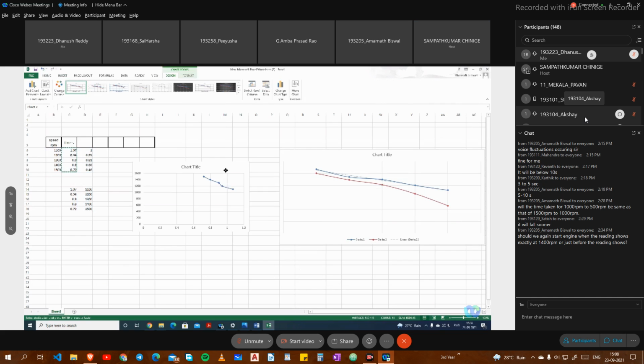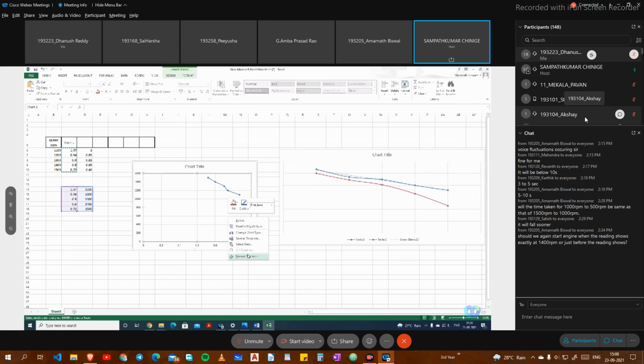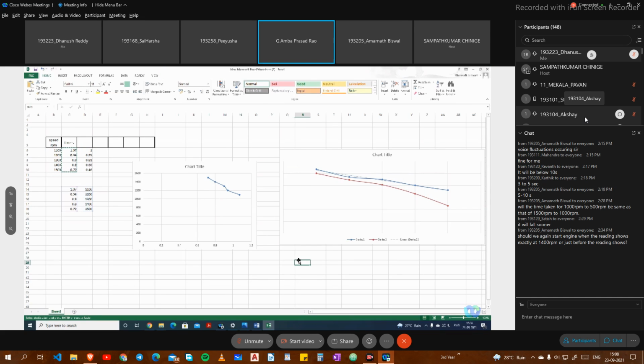This is speed versus this for one curve. If I want to add, I have to add the other things, to add a series. This has slightly changed in the software since I used it. Some options have changed. So if I want to draw this, it will also look like this. This will be with no load. This will be with other load.